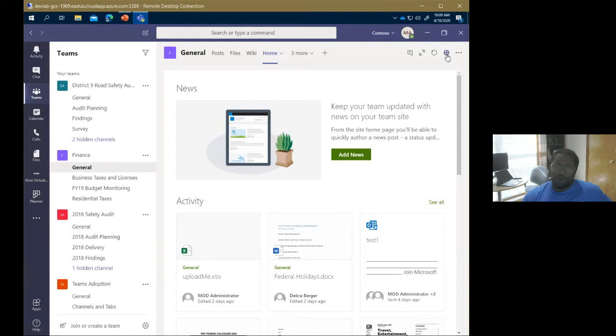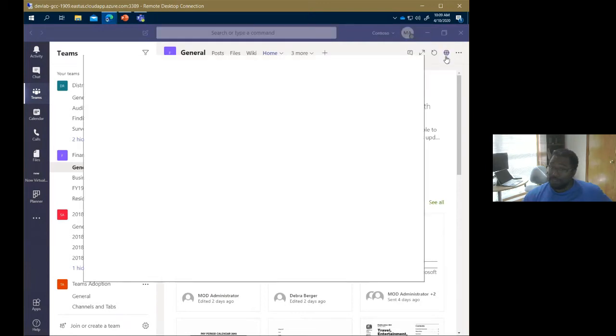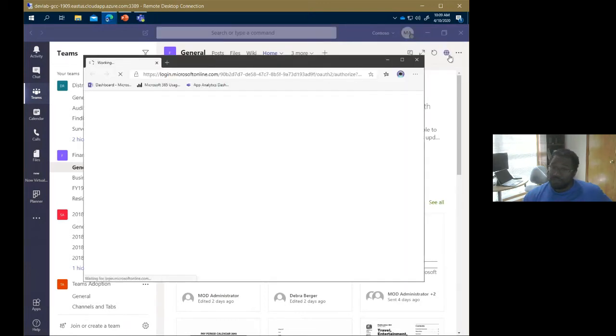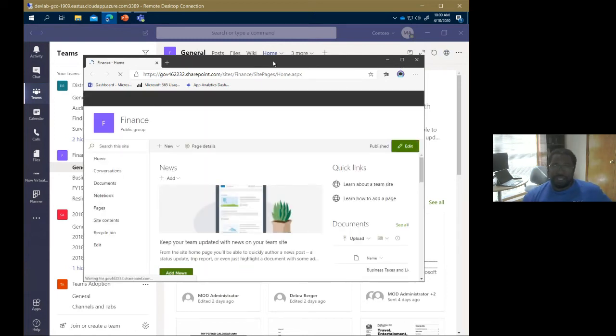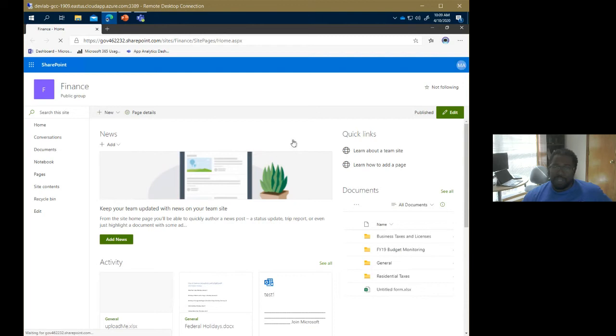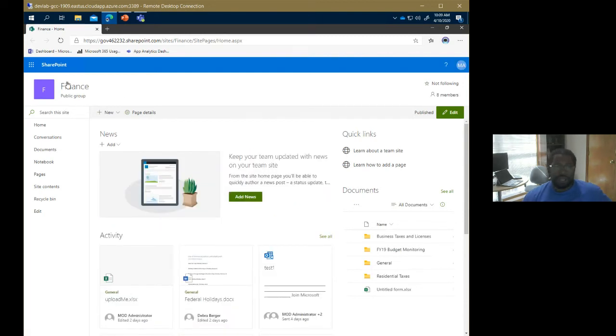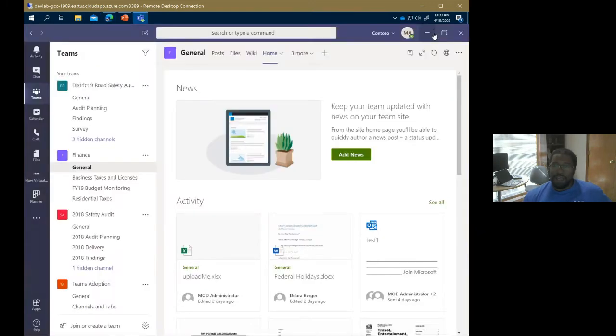If I open the same page by hitting this little globe-looking button to open it in the browser, you'll see that it is actually the page of a full site with the title of the site and the blue bar at the top and the links on the bottom and all of these things. But when I added it as a SharePoint tab, it took away all of that stuff from the top and the side.